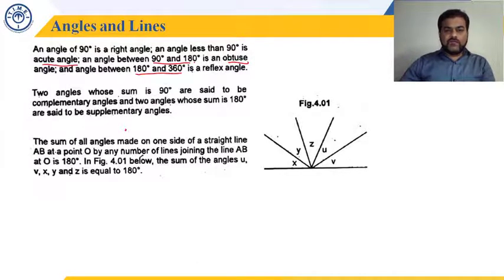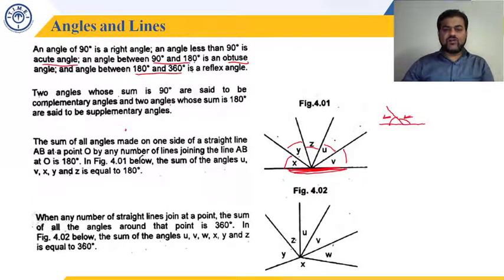Here we have a straight line. This black line is a straight line. And here we have 5 angles, 1, 2, 3, 4, 5. The sum of all these 5 angles will be 180 degrees. So the property is known as angles on a straight line will always add up to 180 degrees. If there is this straight line and we have only 2 angles like this and this, here also the sum of these 2 angles will be 180 degrees, and in this case these 2 angles are known as a linear pair.